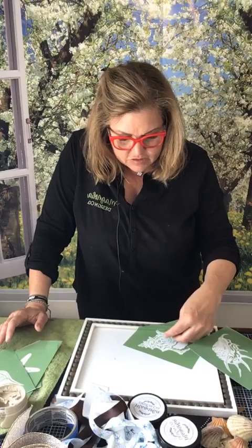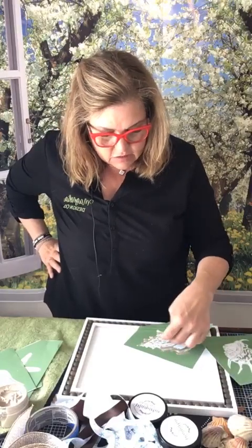But we're just going to put some of the paste. When I do this technique, I like to strategize where I put some of the colors. Then we pull them and mix them together so that it looks like you don't know where one begins and one ends. So I'm going to use the almond latte like that. And then I'm going to use,